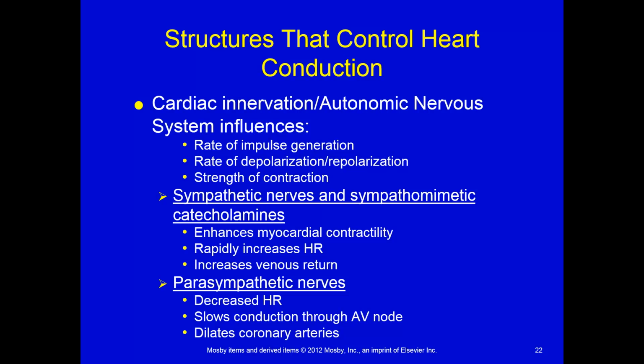What about after I get done exercising or after I have escaped my mugger? I don't know why I keep using that example. What do I need my heart rate to do? I need my parasympathetic nervous system to kick in. I need it to decrease my heart rate. I need it to slow that conduction through those nodes, specifically through the atrioventricular node. I need it to sort of dilate those coronary arteries and get blood back to my heart and kind of